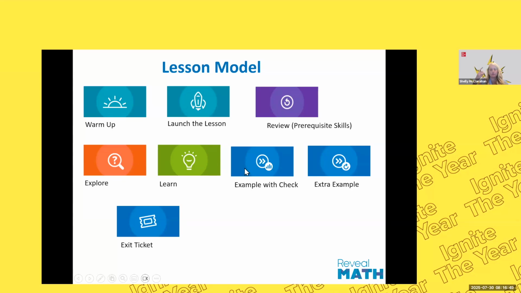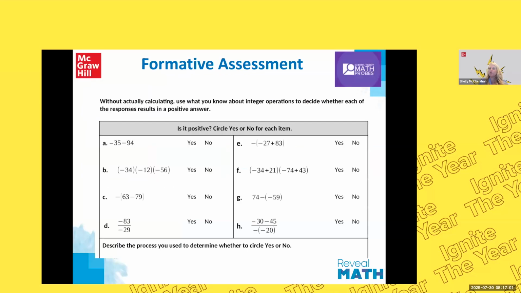But at the end of those 1, 2, or 3 days of those lessons, you're going to have an exit ticket. In addition to the exit ticket, at some point within each one of the modules, you're going to see a formative assessment math probe. These are built to uncover overgeneralizations and misconceptions that our students have. So notice in this one, it's still continuing on from that 7th grade operations with integers. And notice here it says without actually calculating. So I don't want you to get a calculator. I don't want a number. I want to know,